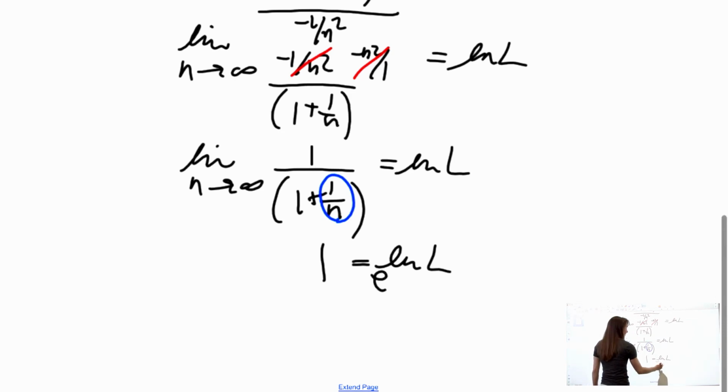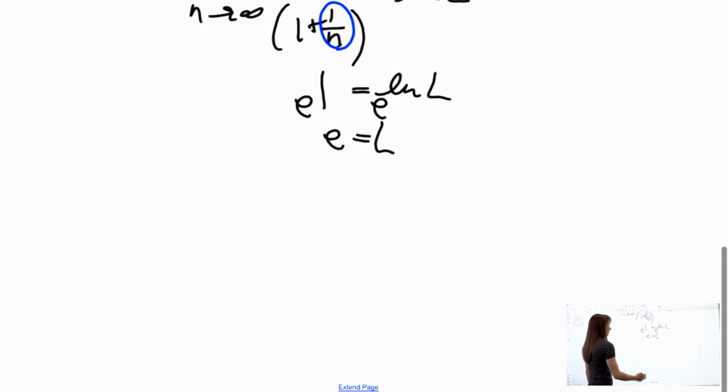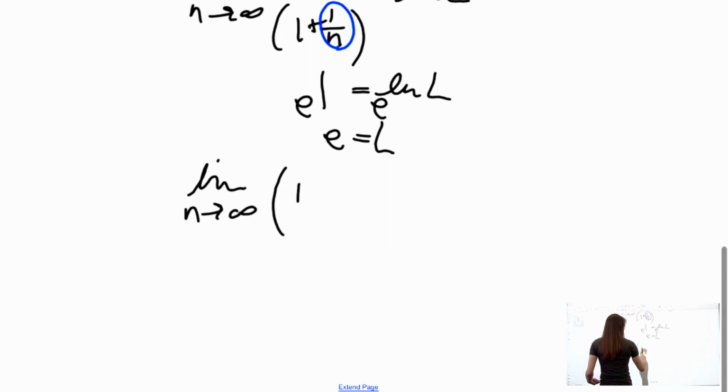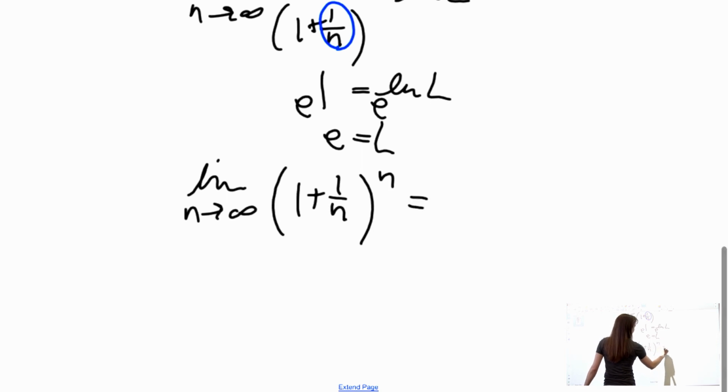So we're going to take e to both sides, and we're going to get that L is equal to e. So the limit as n approaches infinity of (1 plus 1 over n) to the n is equal